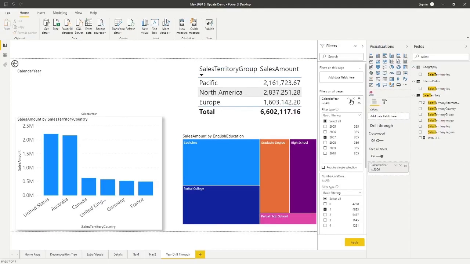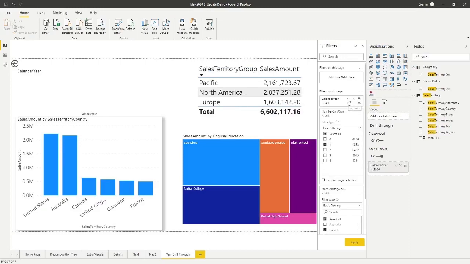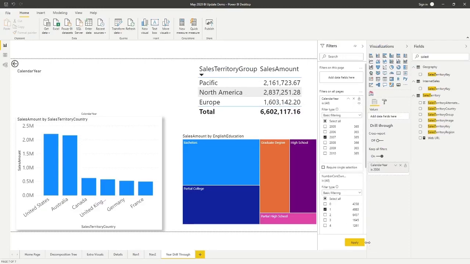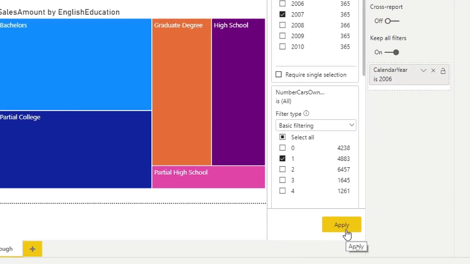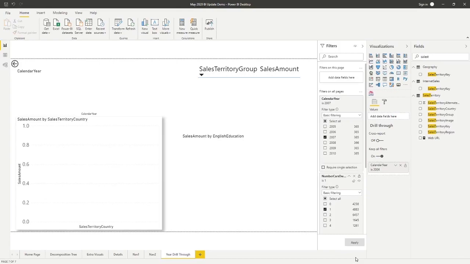And at this point, if we look at the bottom of our filter pane, we have our apply button. Before this was gray, because there were no filters on the page that I had selected. But once I've selected one, I can hit that apply button at any time I want to. So now I click on apply, and we will see all of our data would now be filtered out by